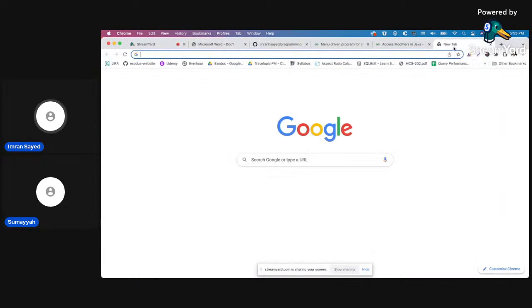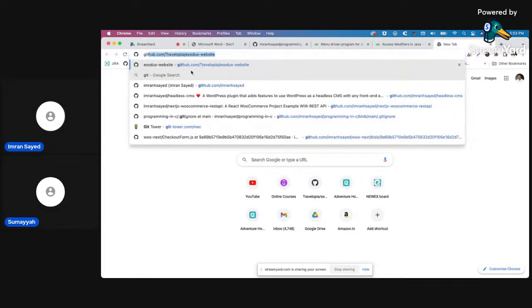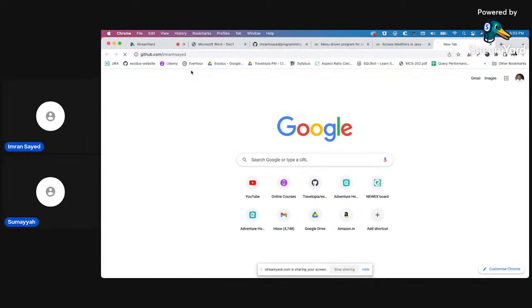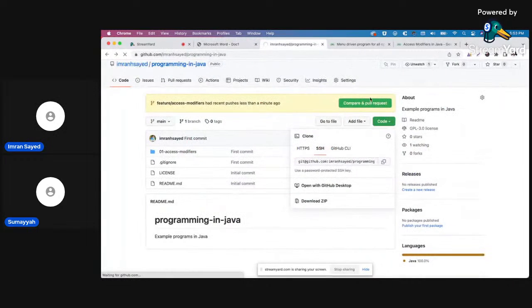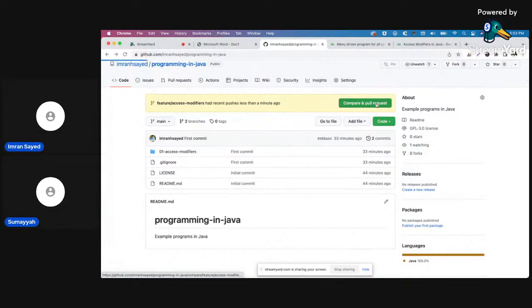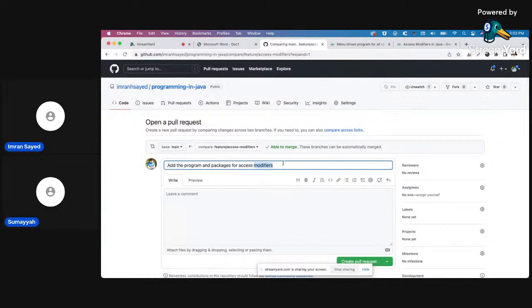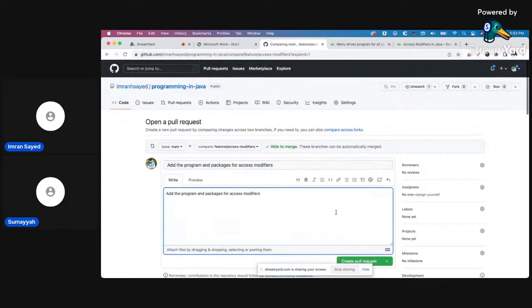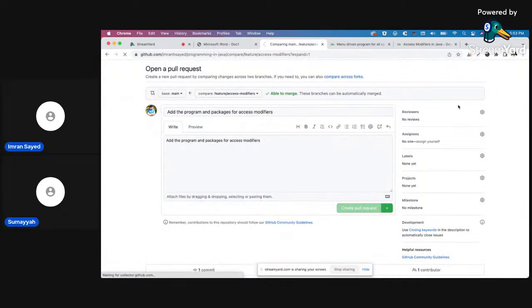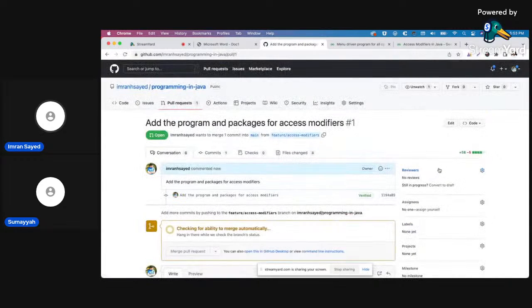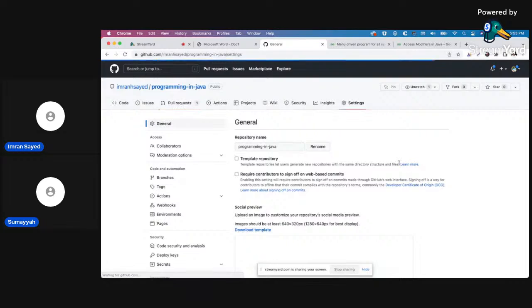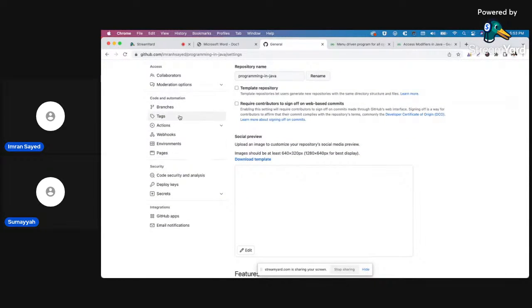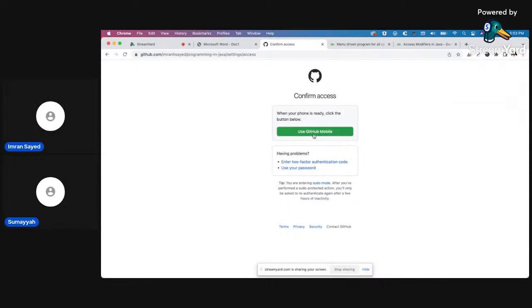So I'll raise a PR, a pull request. I already have that open here. So you assign it like that, or first give you the access. Collaborators.